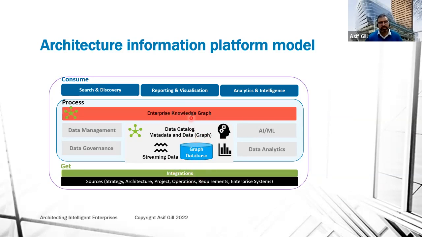This enterprise knowledge graph layer can then serve search and discovery capability, or reporting and visualization of your architecture information, and intelligence and analytics can be processed through this layer. So rather than storing all the data here, you only store the necessary data, master data about your architecture, and also the metadata about the architecture resources and where the information goes. This enterprise knowledge graph could be developed as a conceptual ontology, which can also hold the metadata to explain the data sitting in different repositories that you can integrate.